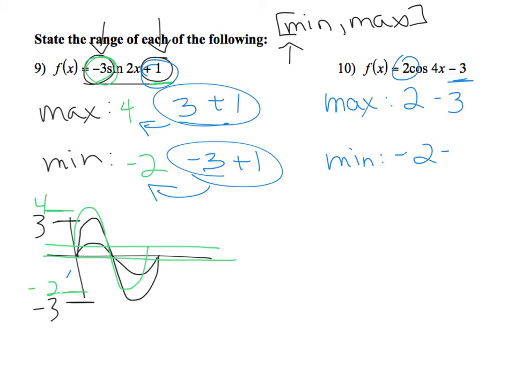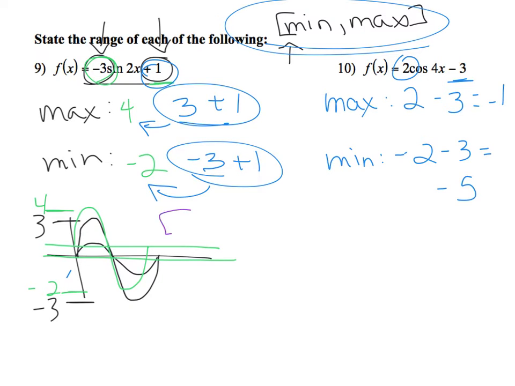So I'm going to add a negative 3, or in this case, subtract 3 from both. So the max is negative 1, the min is negative 5. I forgot to write them like this. So for this particular one, I'm going to write it in purple. So for this particular one, in this huge mess I have,